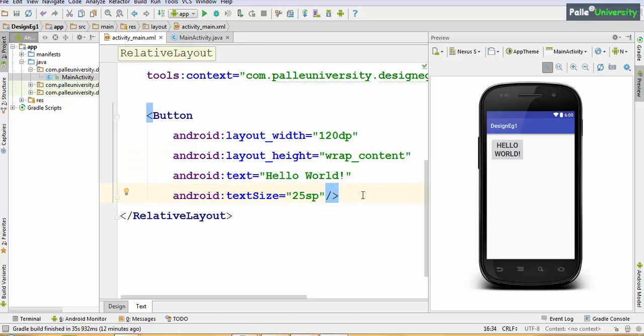So blindly remember, wherever you use text size, use SP. Other than text sizes, for example layout width or whatever it is, use DP. At no point of time should you use PX. PX is outdated and we are not supposed to use it. Now since we have used SP, after installing the application, if the user goes to the settings application and font sizes and reduces to small font, automatically your application will reflect the small font size. I hope you understood.